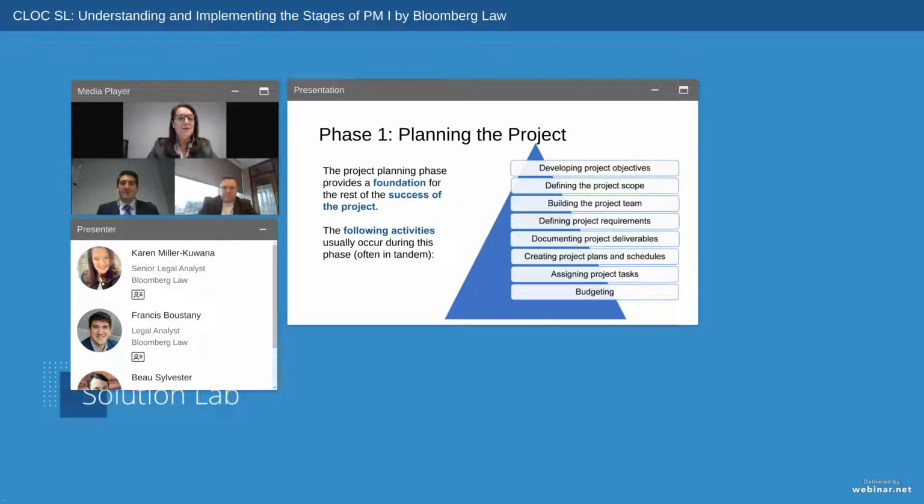For legal operations and legal matter management, as Bo had mentioned, the planning phase will often include an intake stage that takes place even prior to these planning activities identified above, where you have your legal issue or the matter that's either requested or identified. You need to know the business unit or the client's objectives and requirements for this legal issue and confirm that you understand the complete set.